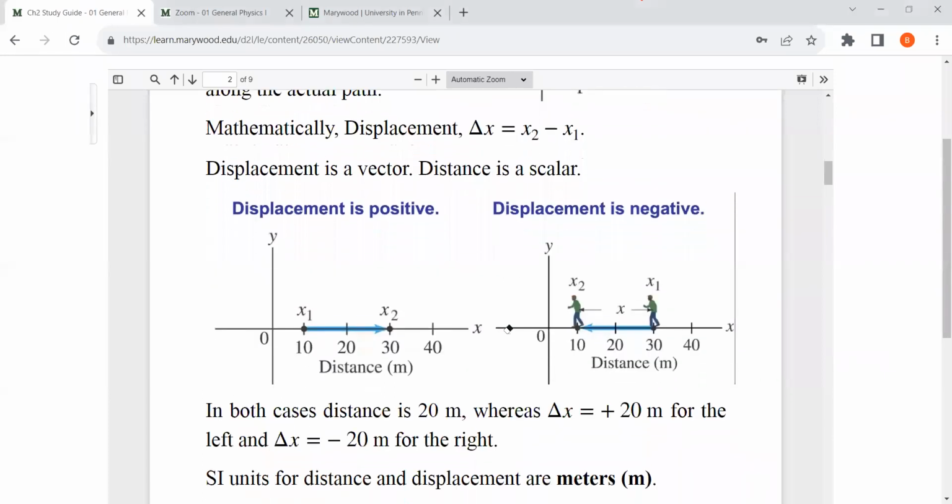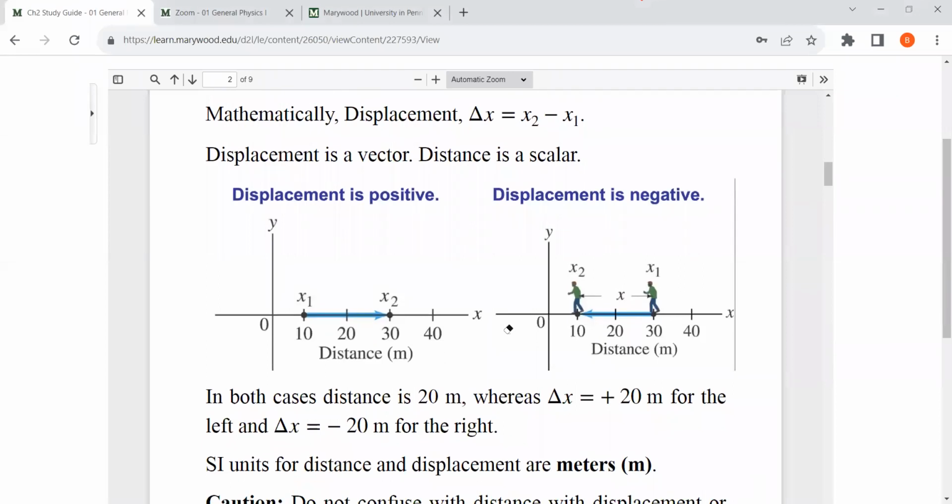Here we have two examples. In the left one, the distance and the magnitude of the displacement are the same, but on the left the displacement is positive, and on the right the displacement is negative. So if you start from this position, 10 meter, and stop here at 30 meter, your displacement